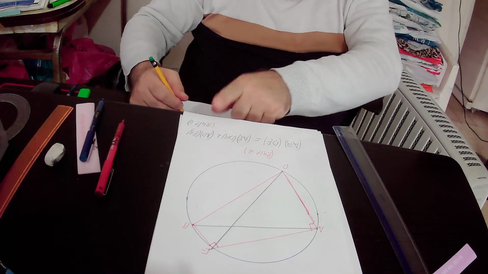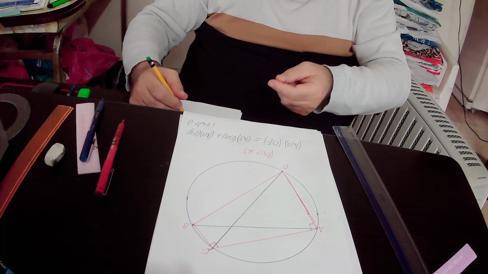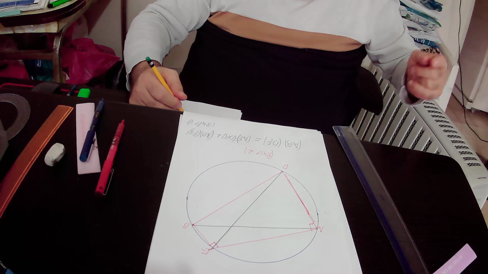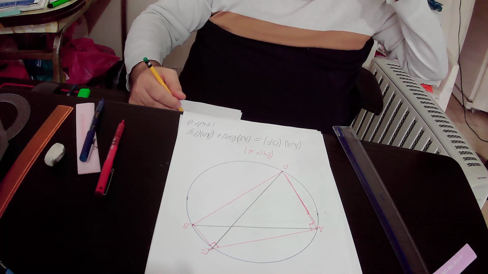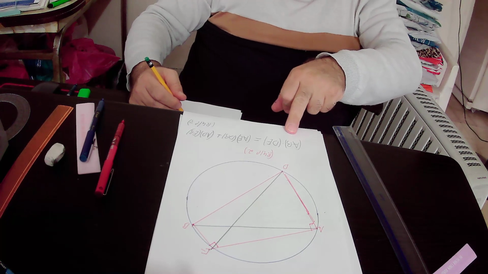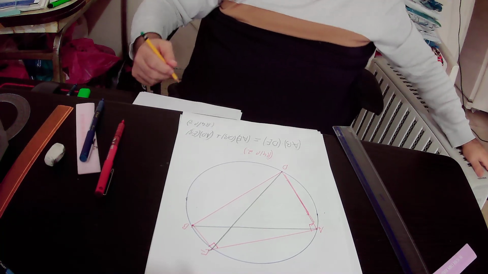And the sum of the products of its opposite sides is AE times DB plus AD times EB, and it is equal to the product of its diagonals, that is AB times DE. Okay,